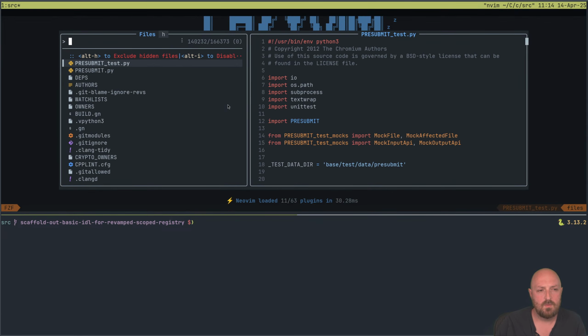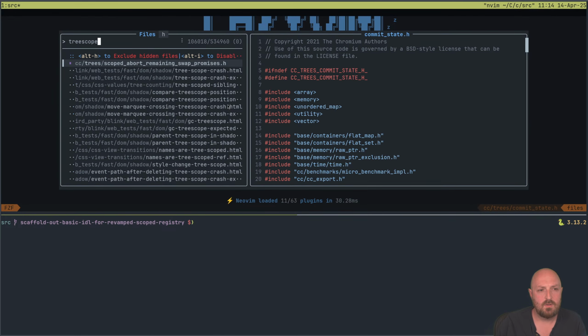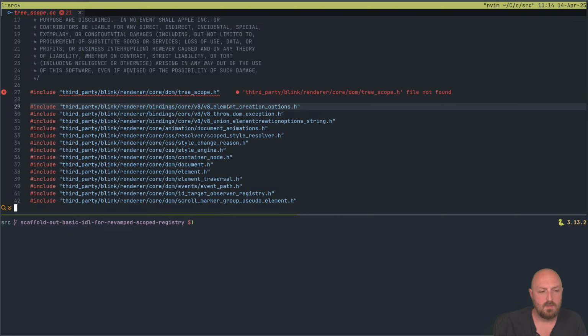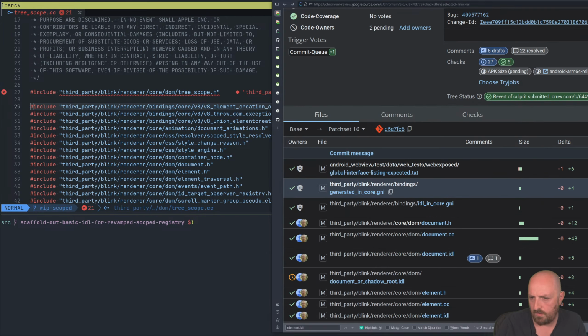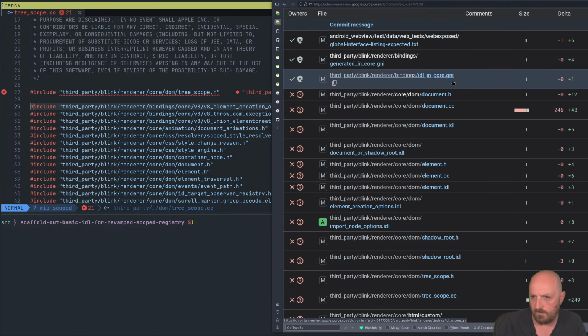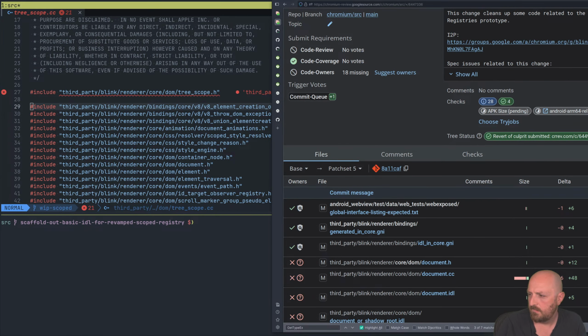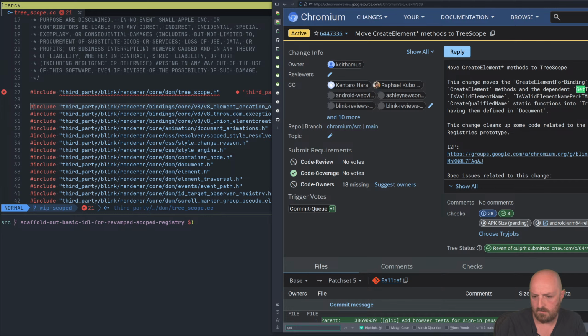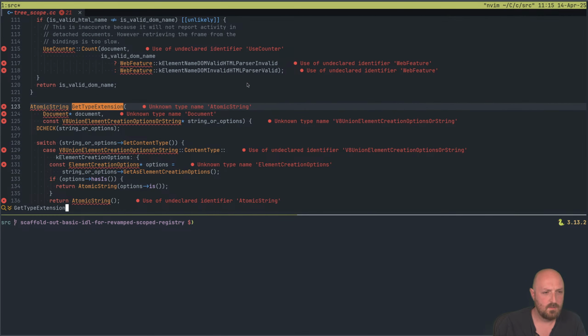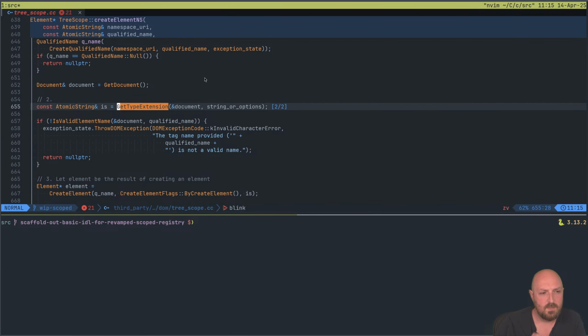New tree scope. CC. Oh, what was the... It was like get type something. I want to delete that if we can. It's literally in my history. Get type extension. So that's used here